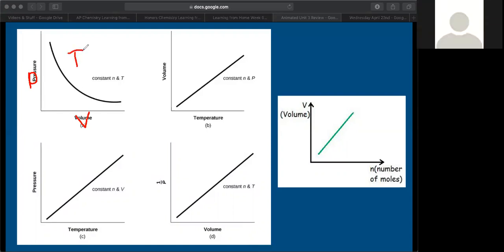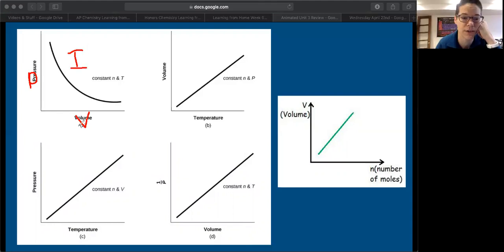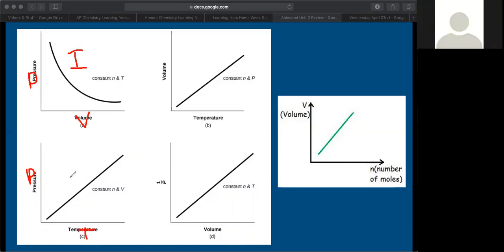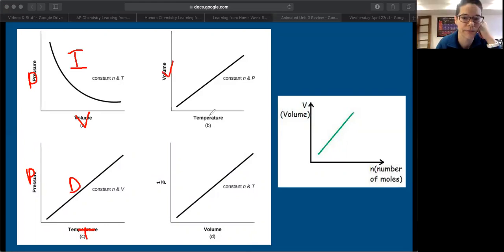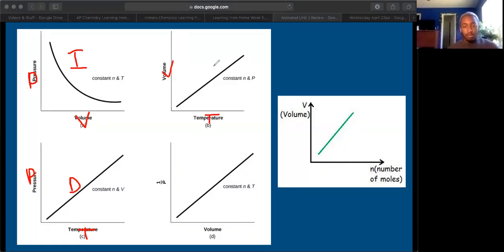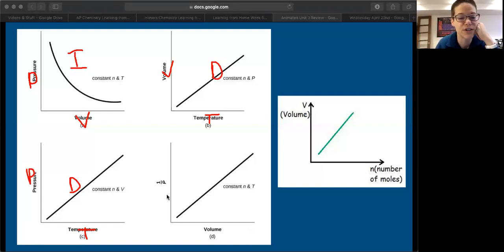Yes, that is the inverse. Pressure and temperature: direct. Volume and temperature: direct. And then do note here that this thing